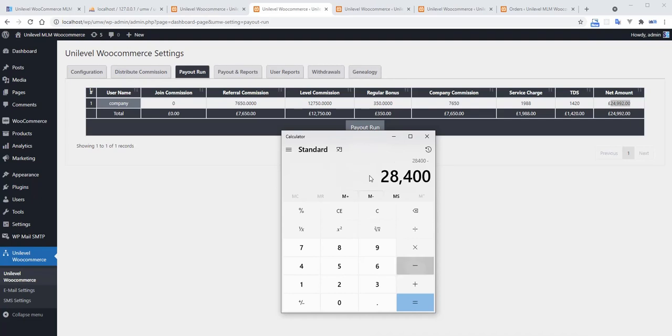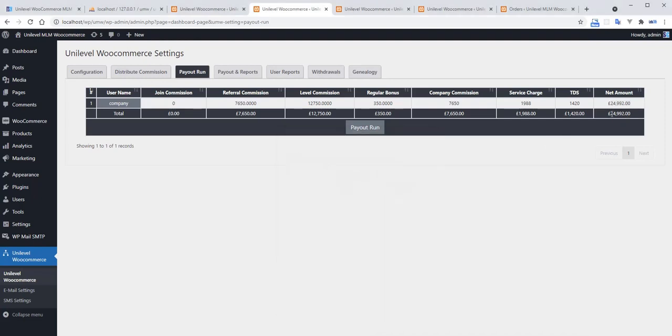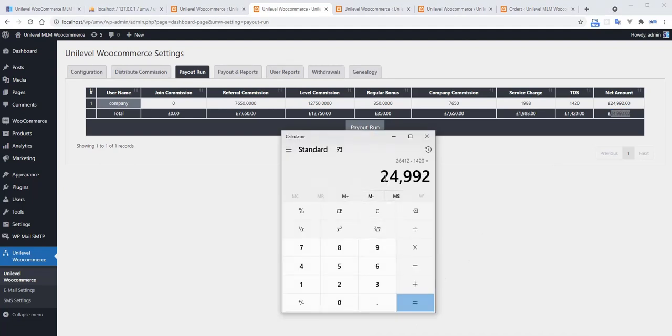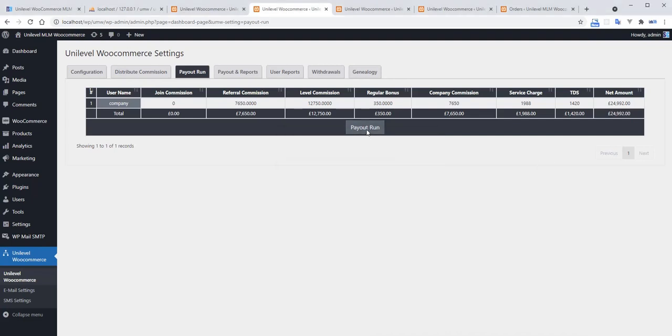So minus 1988 minus 1420. If we deduct this, then definitely whatever amount is displaying on the screen, that is the net amount, and that will be displayed in the calculator as well, 249920 only. Okay, so I am running this payout here.